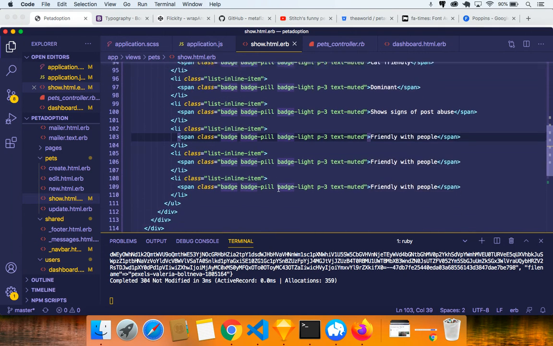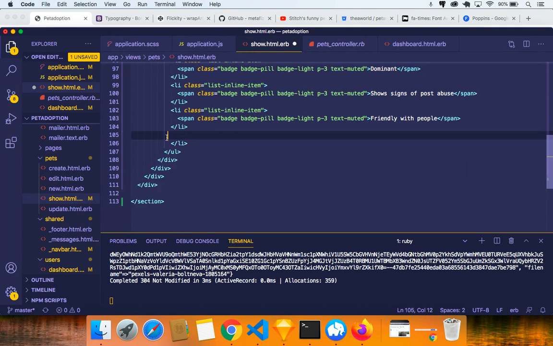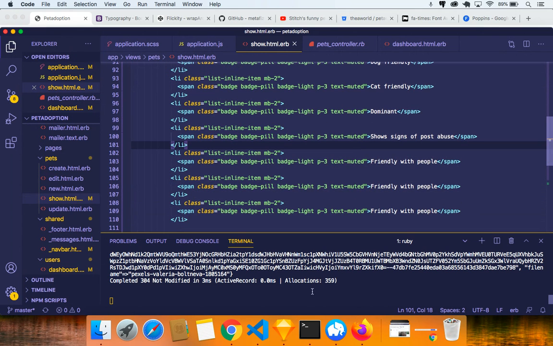We should put a margin bottom on all of them. So let me just remove those last two. And each one of them should have an MB-2, so that way there's always a gap. So if I was to copy this again now and paste it, save it and come